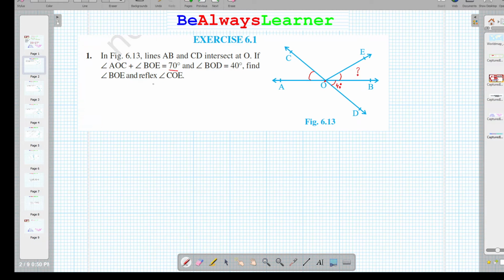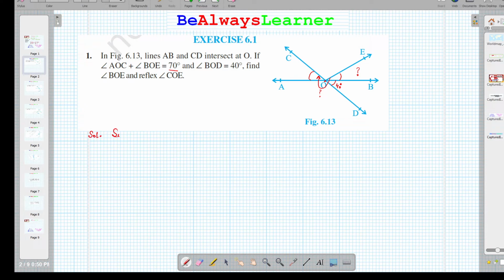Second, the reflex angle COE. It means you have to find out this angle, right? So this is the quantity to be determined. Now we start our question. Now the solution of this question is,